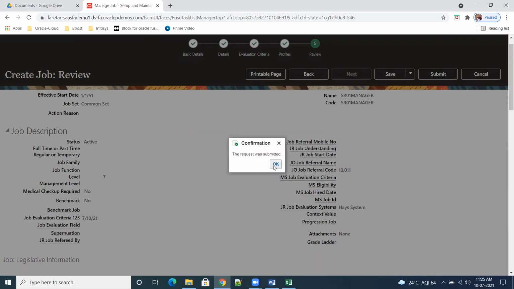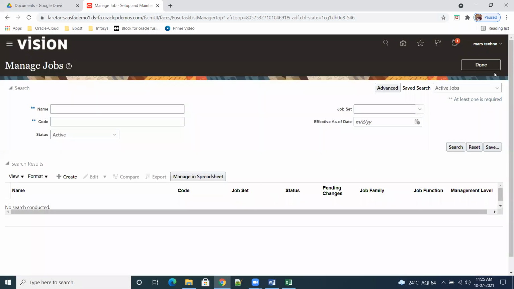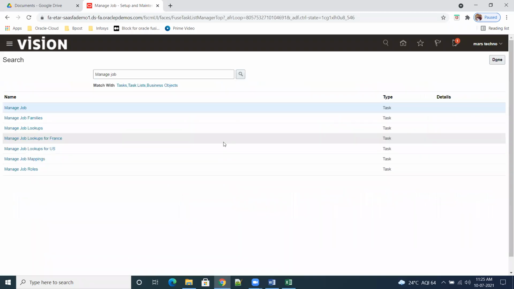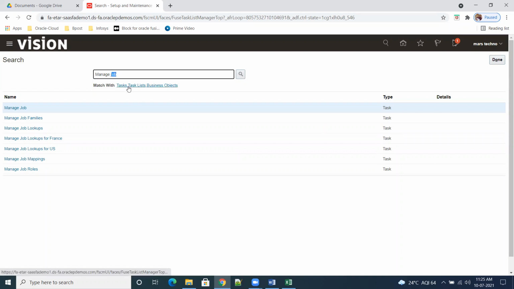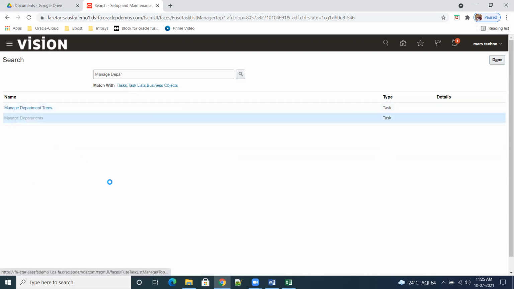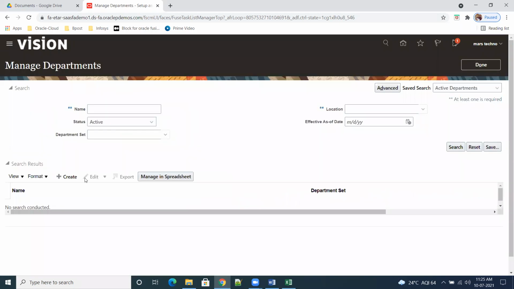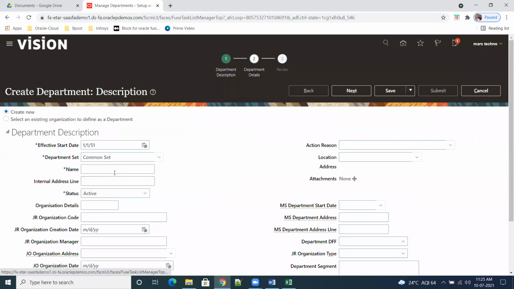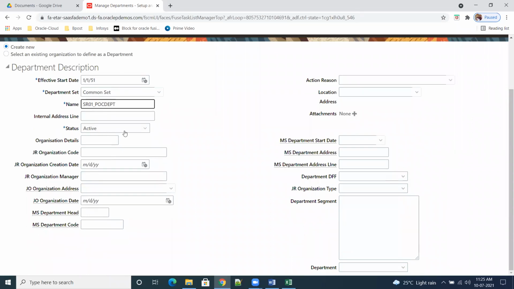Next, we'll see how to create a department. That is also a very simple task. So whenever you go for HCM, there are a lot of things, but from the SCM point of view, very few. Department, manage departments, create. So department name SR01 procurement. POCDEPT. Status is active.